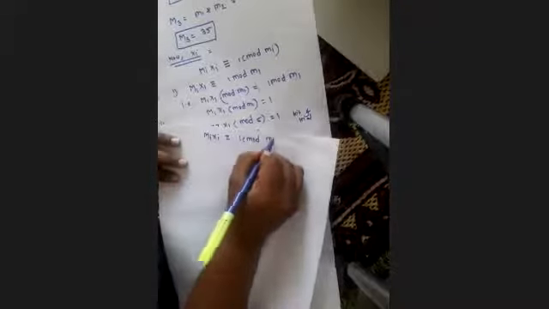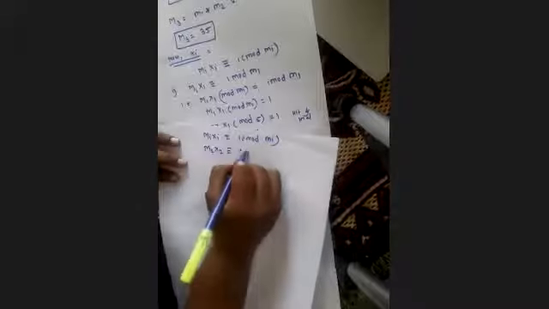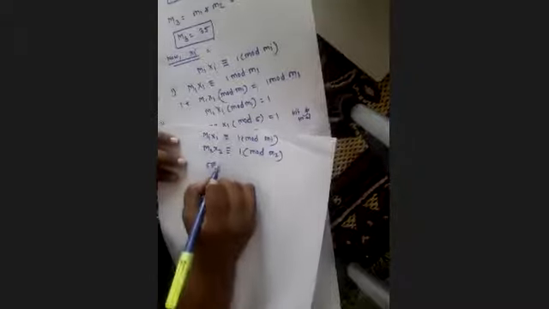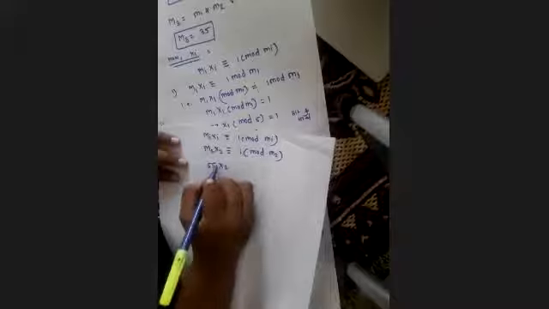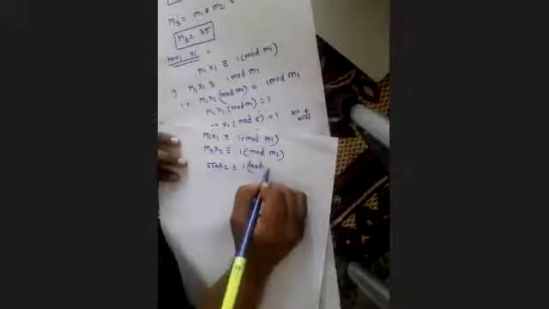Yeah, this one, mi xi is congruent to 1 mod mi. So now we need to find m2 x2 is congruent to 1 mod small m2. So what is the m2 value here? We have 55. x2 we need to find. Now congruent to 1 mod, what is the m2 value?